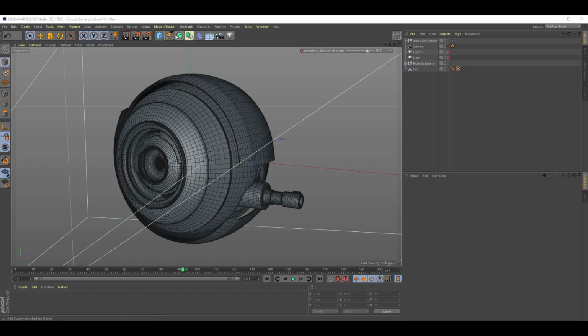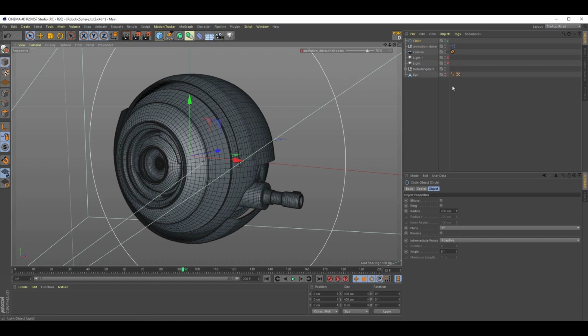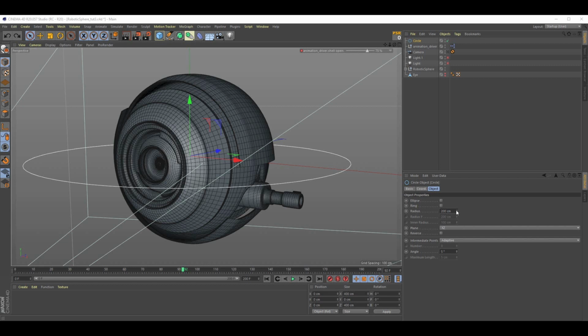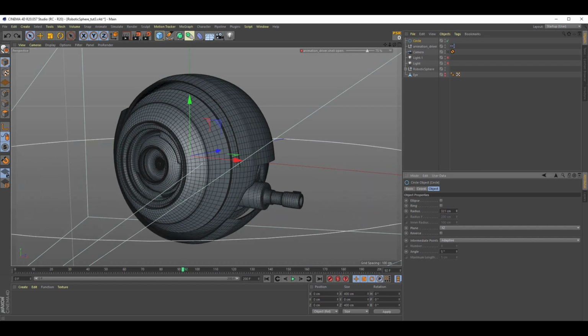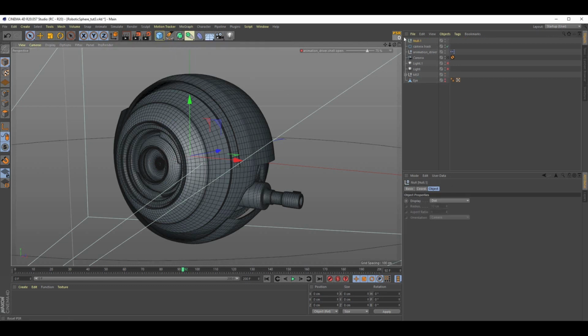So I'm going to jump up and add a circle spline. Here I'm going to change its orientation. Then I'm going to go ahead and widen its radius. And once we've done that, let's go ahead and rename this. We're going to call it our camera track. All right, and once we've done that, we're also going to come up here and add a new null, and we're going to call this target,